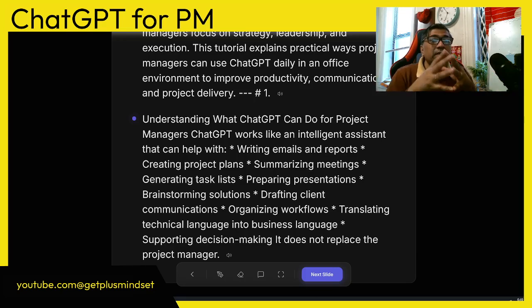In that case, ChatGPT can create brainstorming bullet points, the points that you want to discuss with the team. And another thing is organizing the workflow. Basically every office has their own workflow. Here, AI can be introduced as a part of this workflow, like checking every detail before sending to the client,